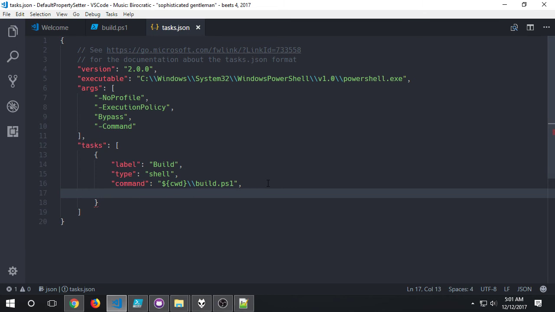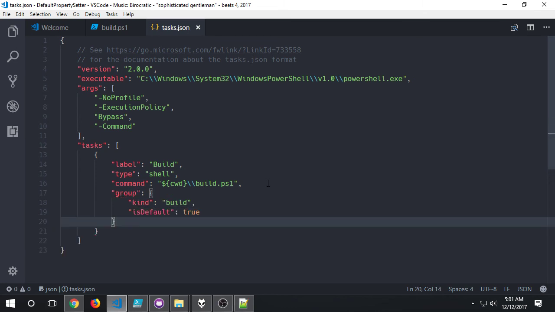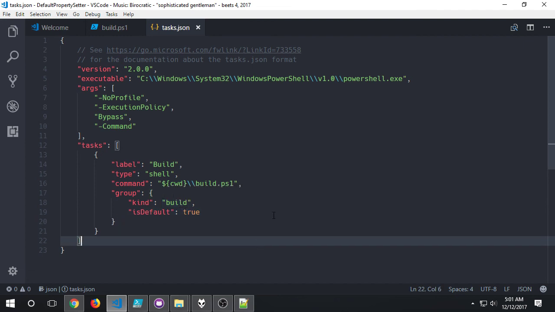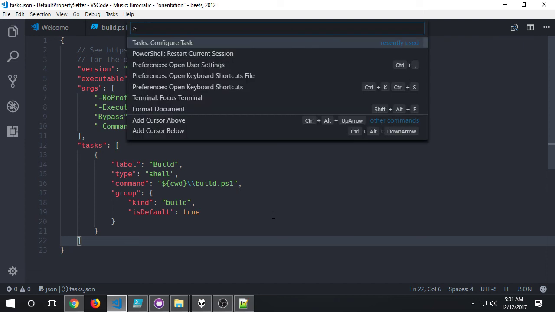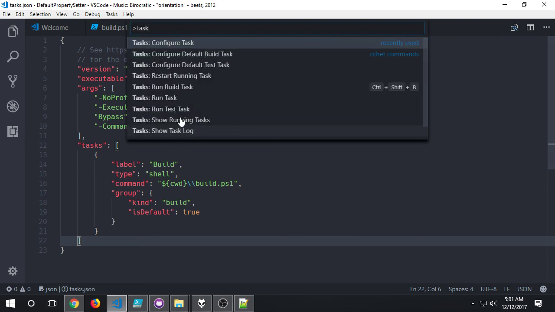Finally, this is my default build task for this project. So, in theory now, if I look at tasks, you'll see run build task with Control-Shift-B as the default keyboard shortcut for it. If I run that, and if I've done everything properly,